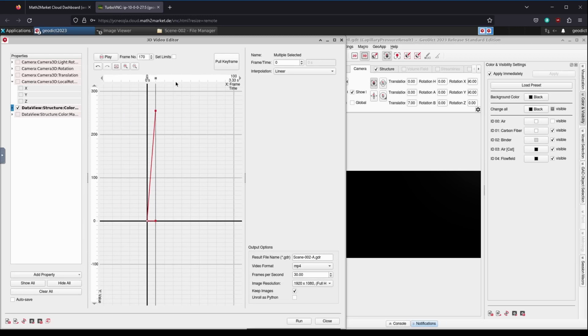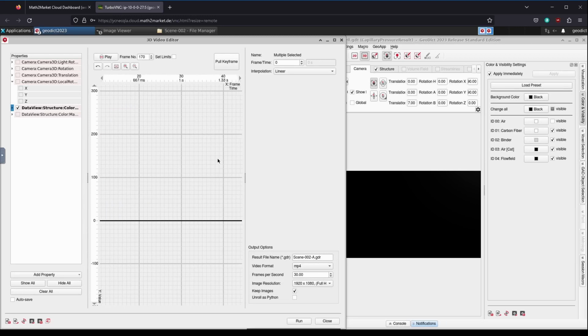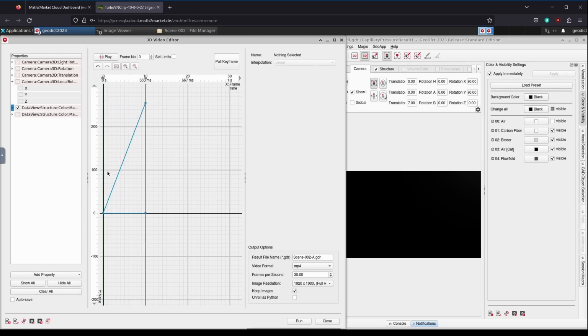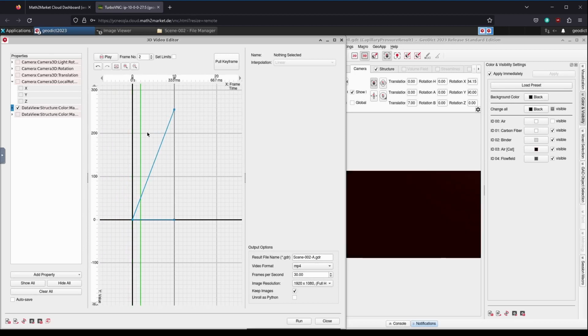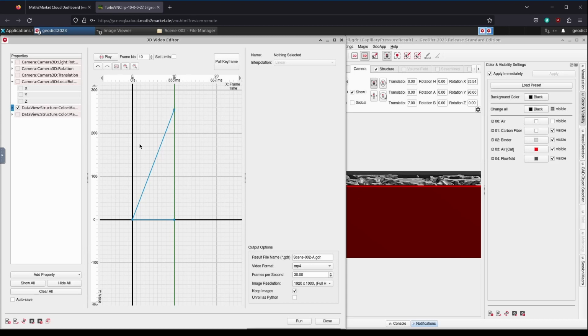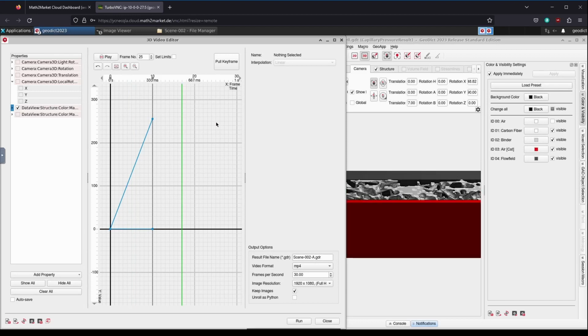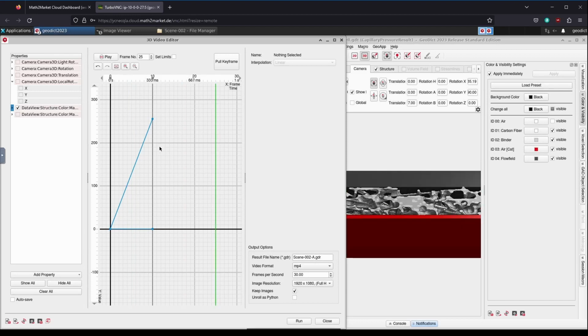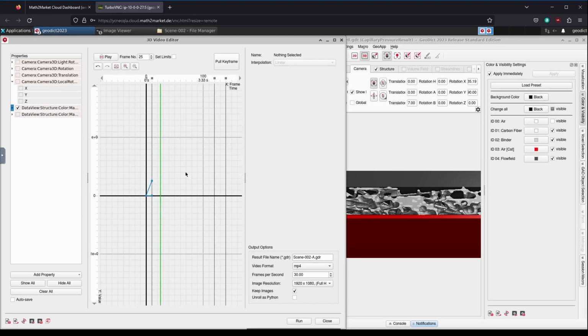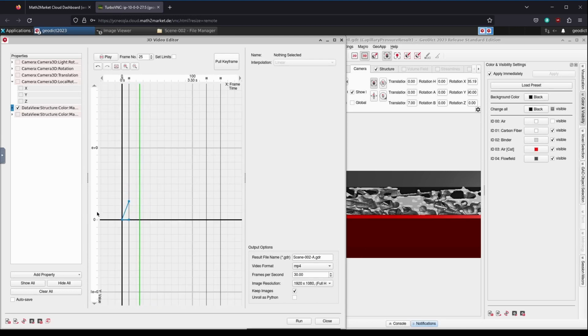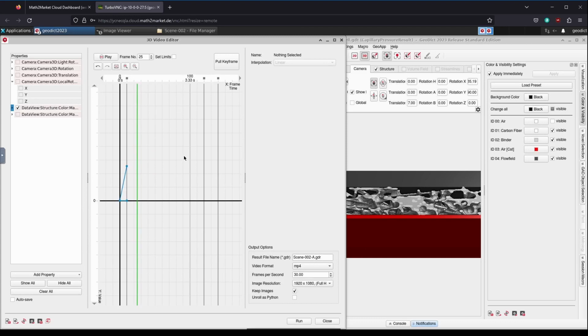A quick note on how control points work in the video editor. Here we see the curve form of how the color of Material ID 3 changes from black to red. After frame 10, there are no more control points and the value of the property is automatically held. The same applies in the reverse, as we will see when we set the first control points for Material ID 4. Geodict will hold this value until it changes.